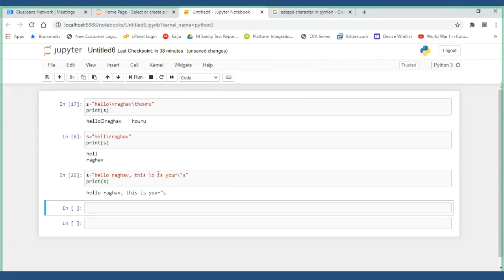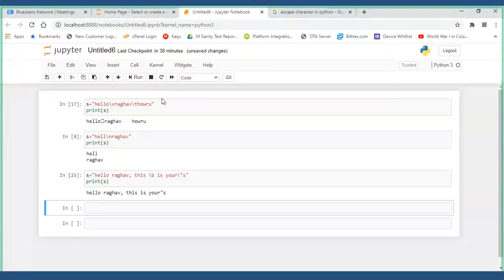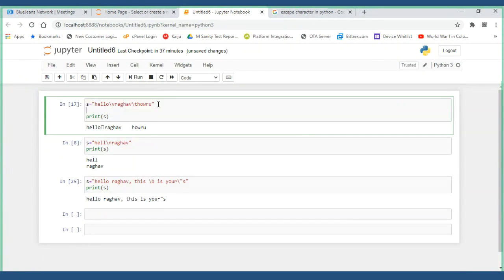So wherever you have multiple lines of code, it will get escaped. Just a minute, guys. Okay, and so in total, how many have we seen now? Just remember the main things I will give here. s is equal to... slash v and all, it is not required.